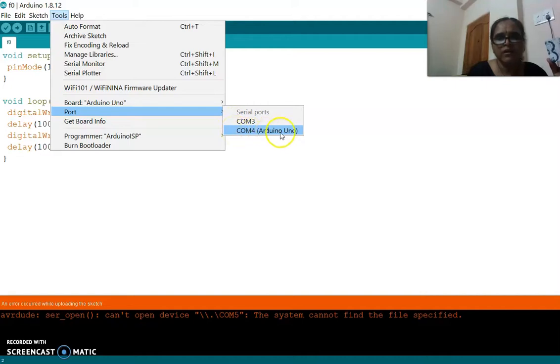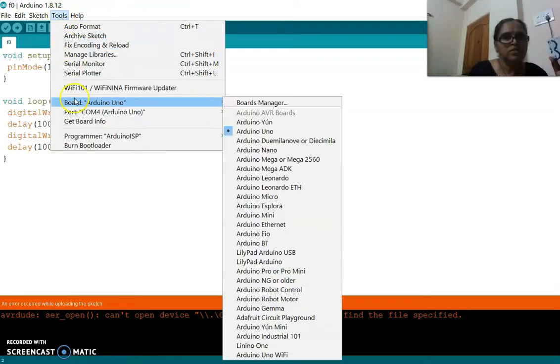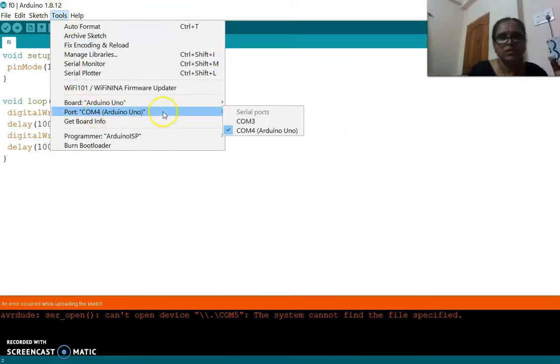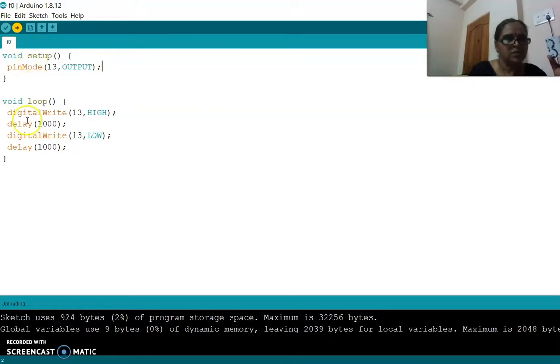COM4 has the Arduino board, so you have to select that. Then check once again, is your Arduino board attached to your laptop or desktop? Now it is attached. So now I can upload the code by clicking this icon. See this? Done upload. There is no error because the board is connected to my laptop.